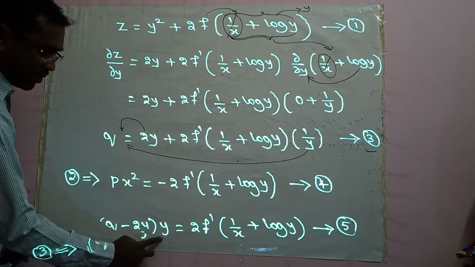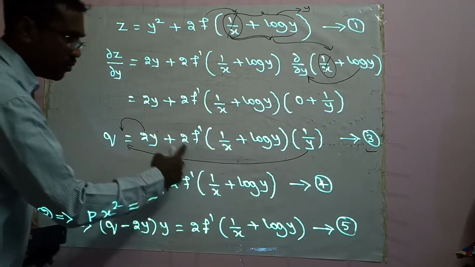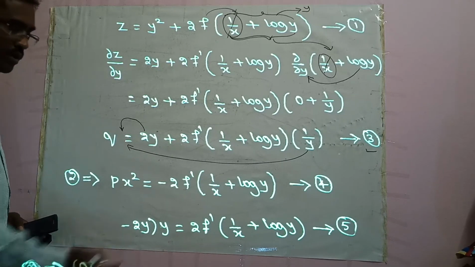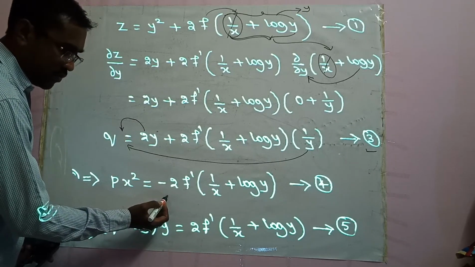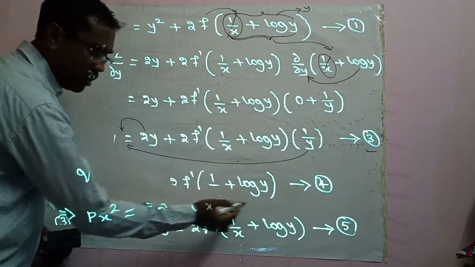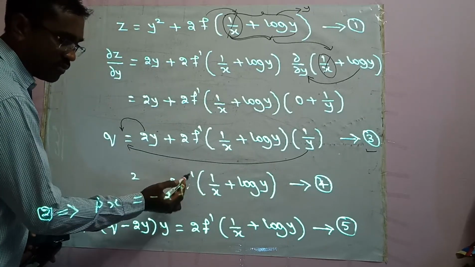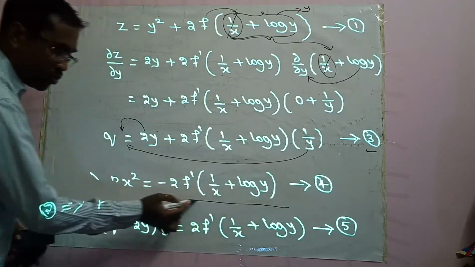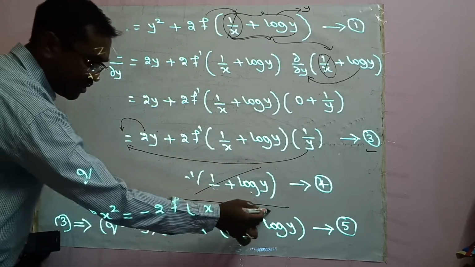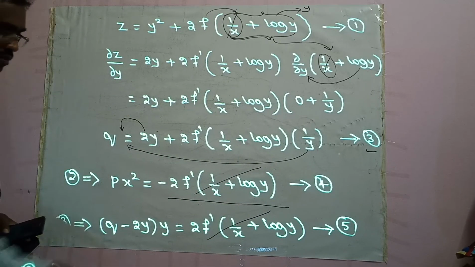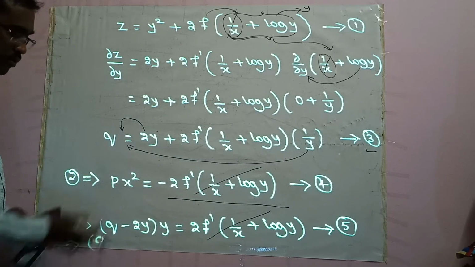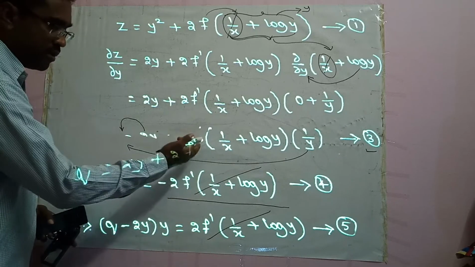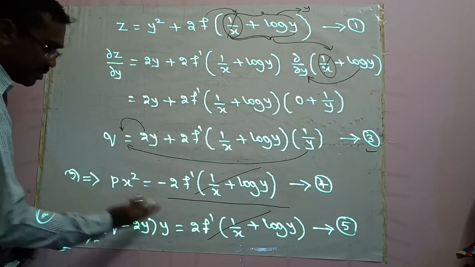into y is equal to what remains? This. Why have we rewritten this? Our intention is we want only the term which contains f dash, and here also we want only the term which contains f dash, so that if you divide these two, your f dash and f dash will get cancelled. So f dash will go out of the picture. You will get one equation after combining by using the division operation. So that's why we have rewritten equation number 2 and equation number 3 in this way.